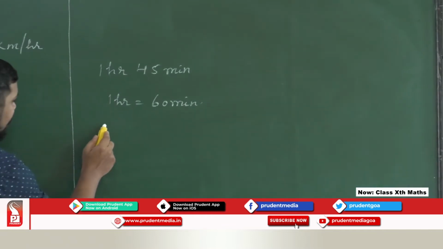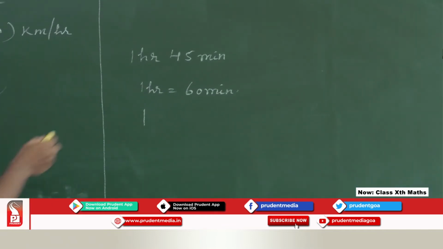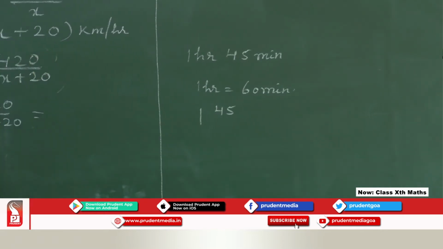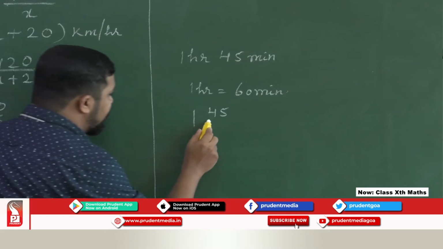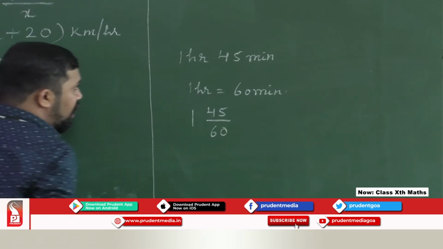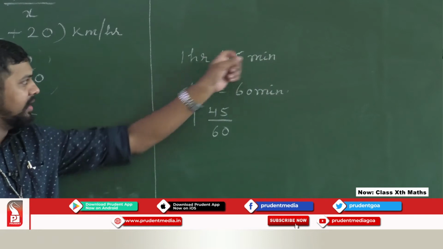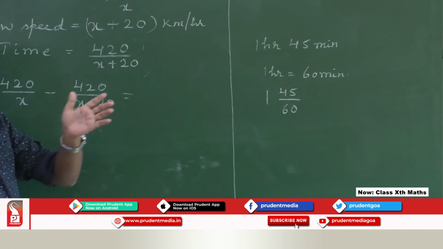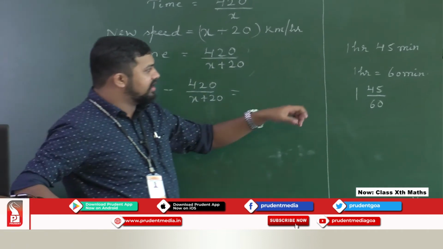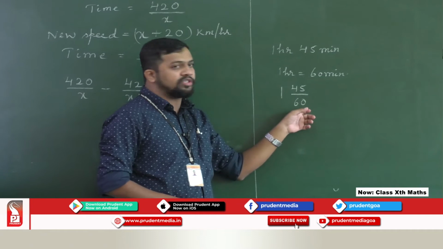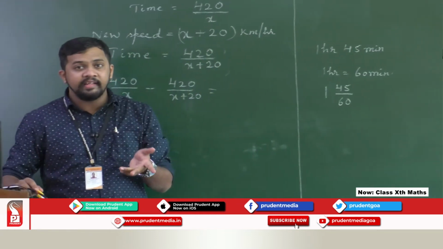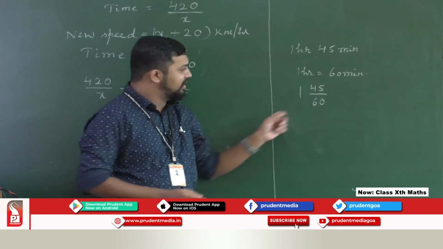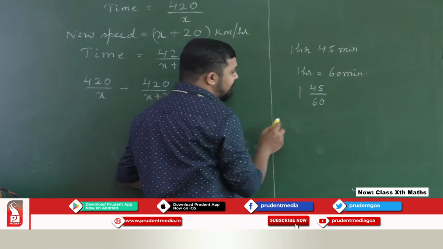So what I am doing, see, 1 hour, I will write as 1, 45 minutes, I will write as 45, and this 45 minutes I have to convert into hours. So I have to divide by 60. Because what I am doing is converting minutes and hours. Minute is a small quantity, hour is a bigger quantity. So when you move from big to small, we mostly multiply. And here in this case, we have minutes, which is small, and we are going to hours. So we have to divide. So divide by how much? 60. So I will cancel this 15 table.